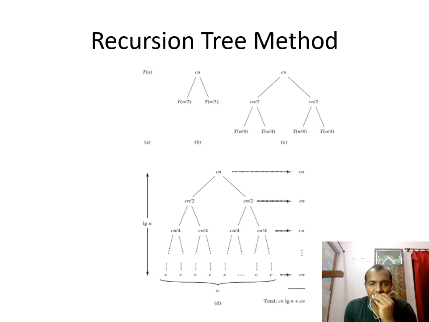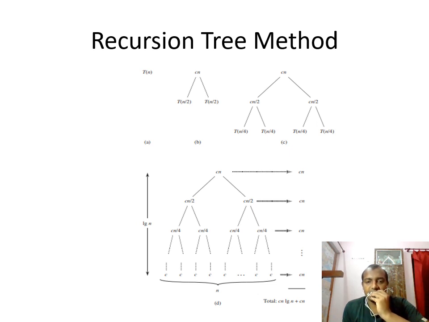Again, Cn by 2 is broken down into two children as T of n by 4, T of n by 4, like that. And we can proceed in a similar manner. Then we have the complete tree given in figure number D. So what we will do in the next part, we need to calculate the cost at each level of